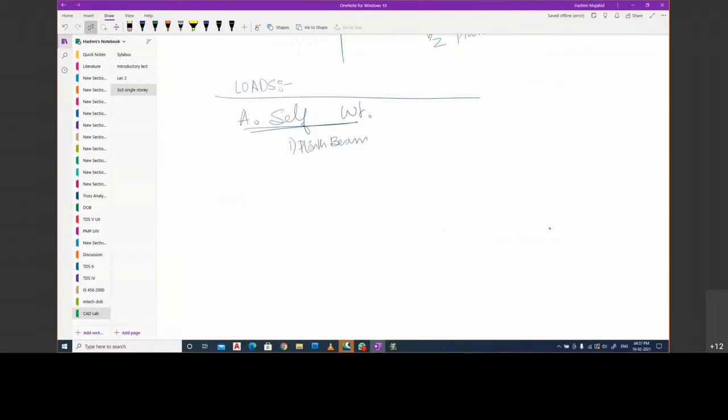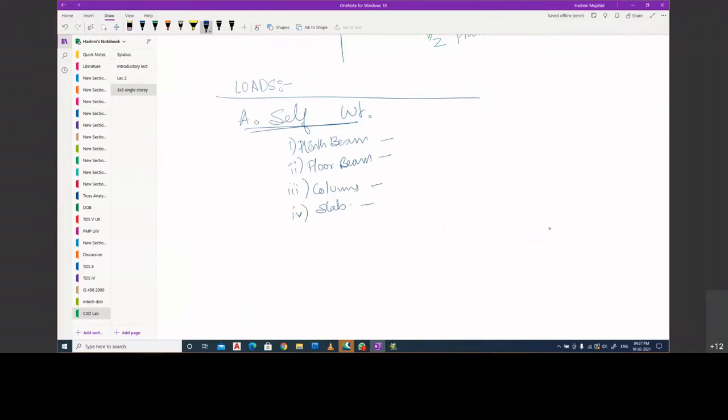We'll have self weight of floor beams, self weight of columns, and then self weight of slab. These are the four elements which we are having. So let us calculate one by one.